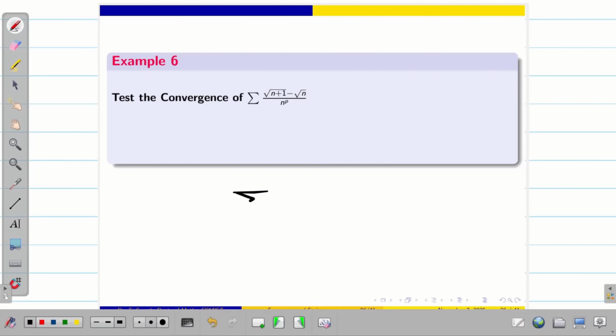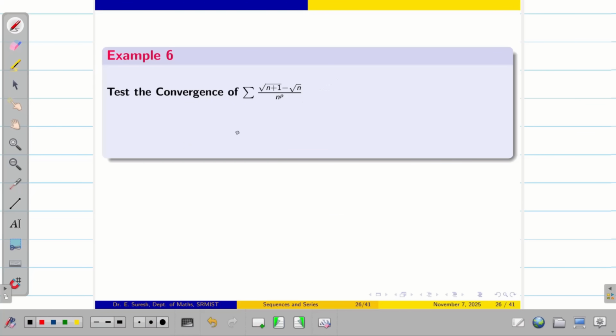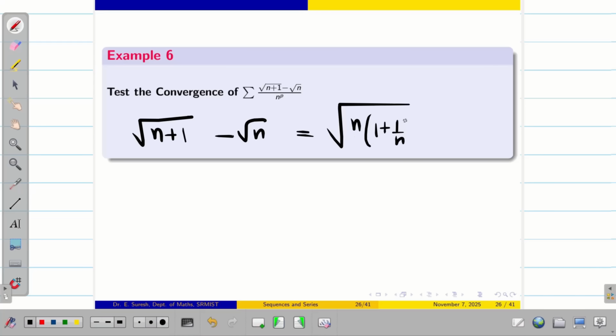Discuss the convergence of summation square root of n plus 1 minus root n divided by n power p. You should not think that, okay, sir, this problem has a denominator, so it is going to be normal. But this problem has a different issue. When I take the numerator, it has square root of n plus 1 minus root n. If I simplify, I'll try to take the n outside. We can rewrite this as square root of n into 1 plus 1 by n minus root n,